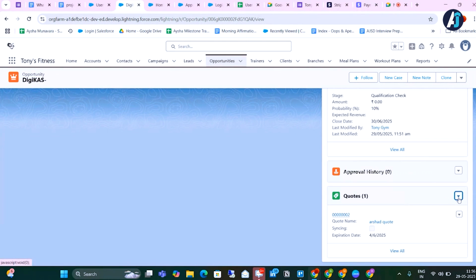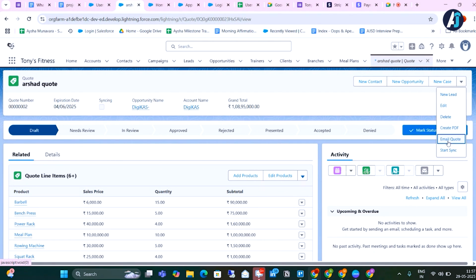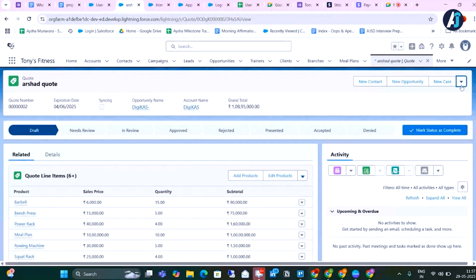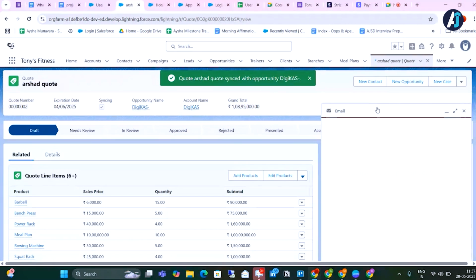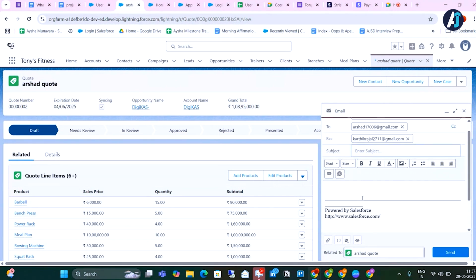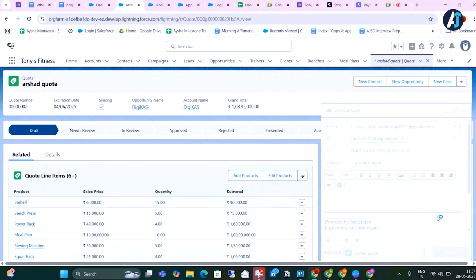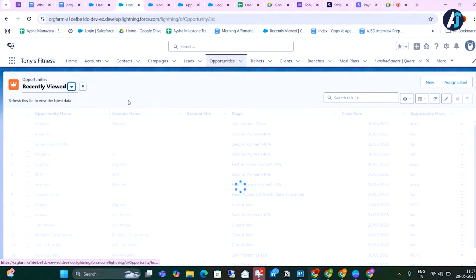Once the quote is added, we'll send him a mail with the quote. Once he approves this quote, we'll move to the next payment process.